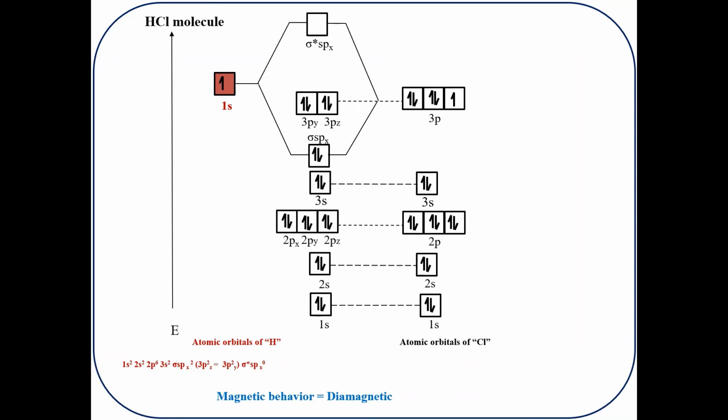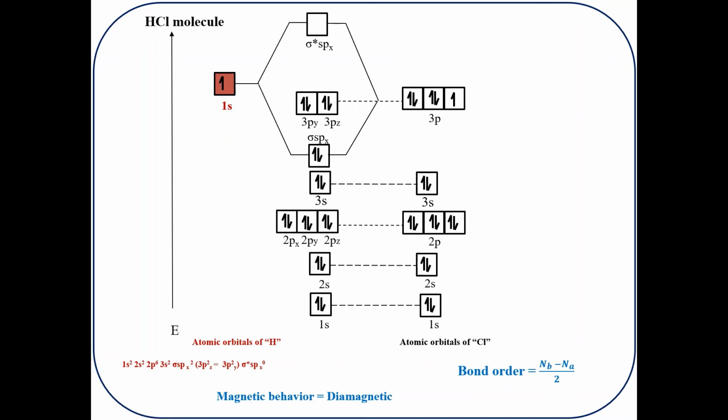If the overlapping occurs between the hydrogen 1s and the chlorine 3py and 3pz orbitals, it will be non-bonding, because the positive lobe of hydrogen will overlap equally with the positive and the negative lobes of the chlorine atom. Thus, the only effective overlap is with the chlorine 3px orbital which is left.